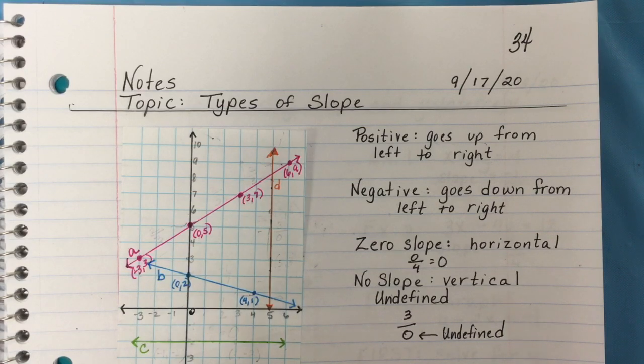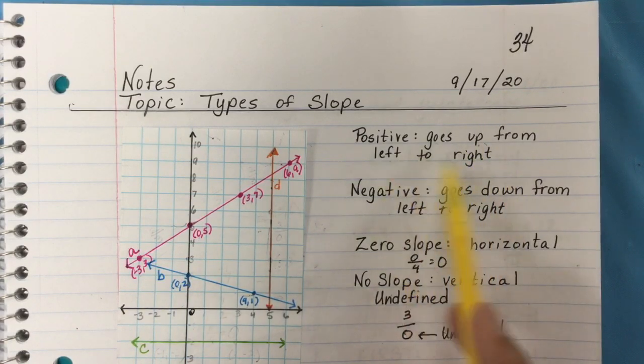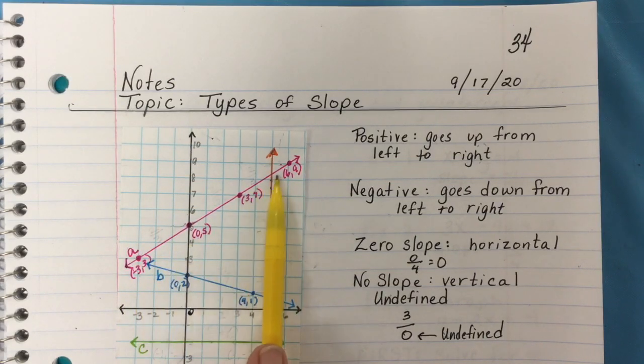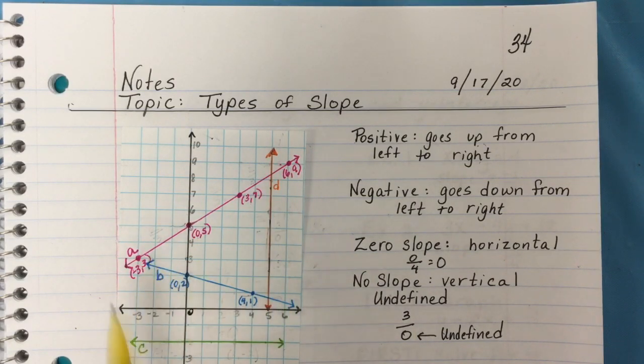So, the first one we're going to mention is positive slope. A positive slope goes up when you move from left to right. If I take my pencil and go across it from the left side to the right, it's going up. The pink line is positive. And when you do the calculations, you will also see that your answer turns out to be a positive